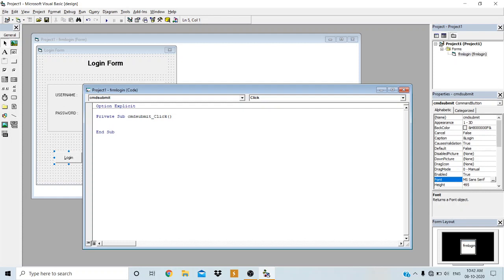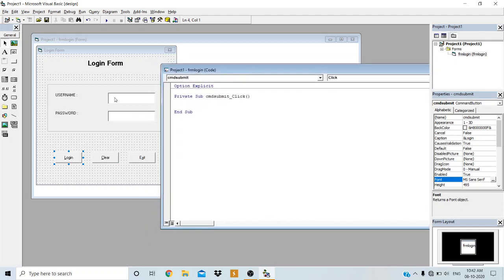So how to check the username and password? The username we are reading through the first text box and the password through the second text box. We have already studied the control statements, the conditional control structures. So using that, observe here: the username is fetched from the first text box. If txtUsername.Text equal to some value, I will just say admin. If the username is equal to admin,